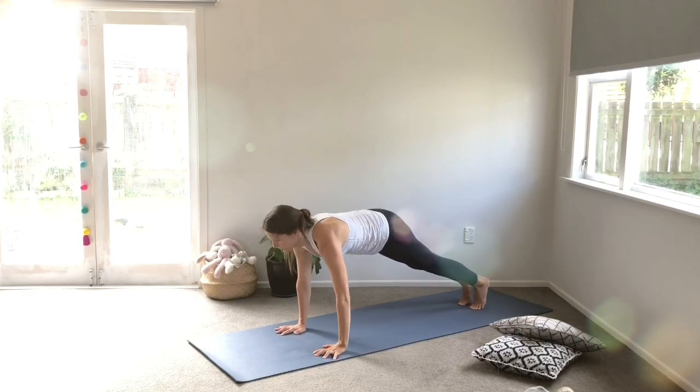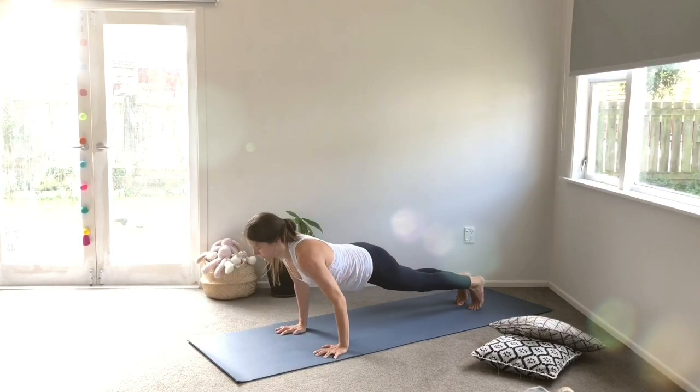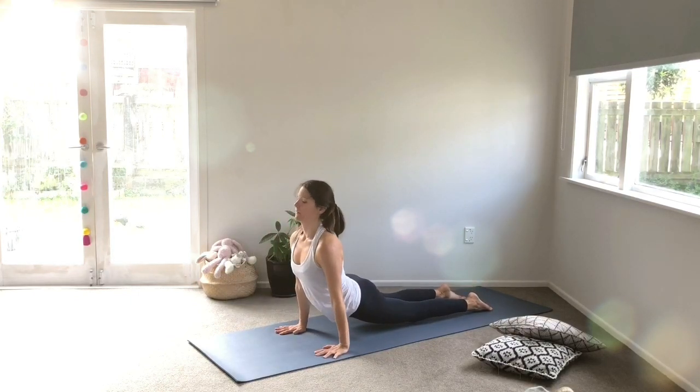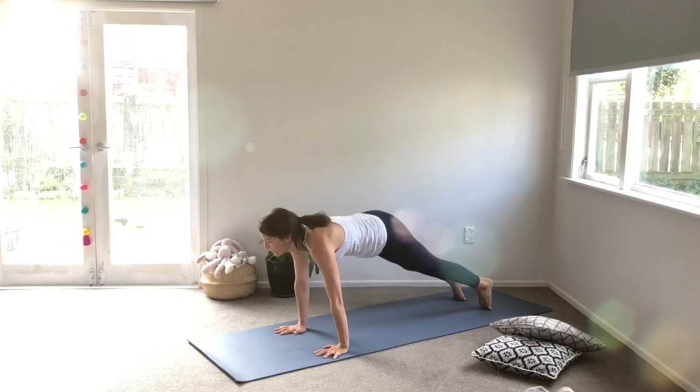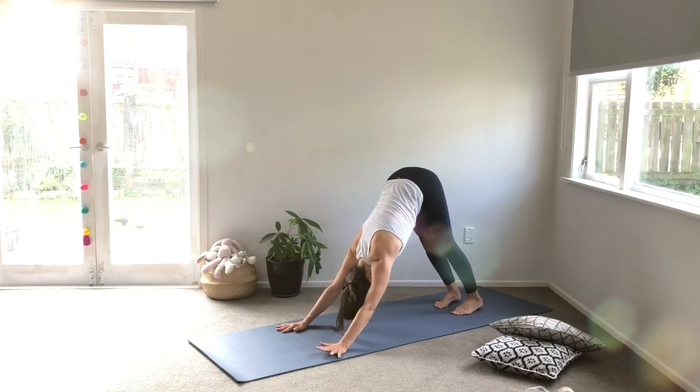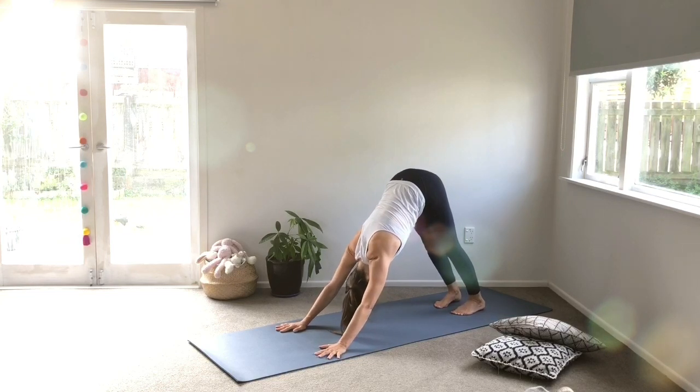Look down, exhale, hands down, step back to Chaturanga, we'll press back up again, inhale, high plank, exhale, Chaturanga, inhaling to Urdhva Mukha, looking up, and exhaling back to Adho Mukha, readjusting the feet, slightly pigeon toes, gazing to the navel,